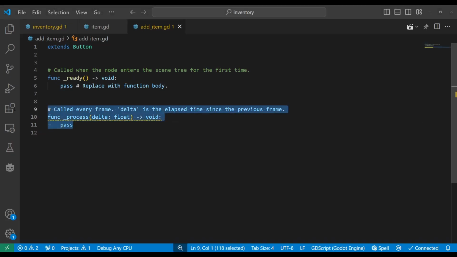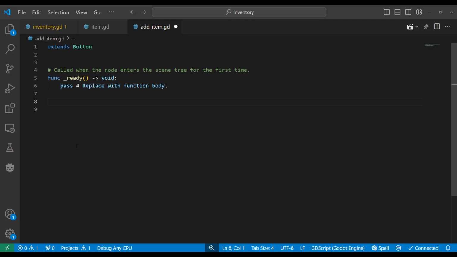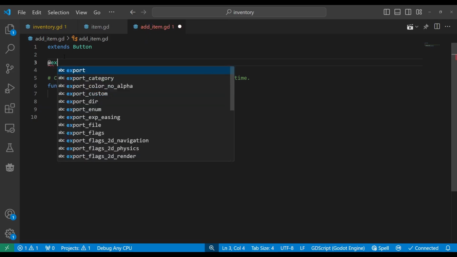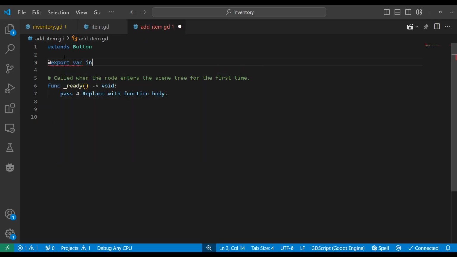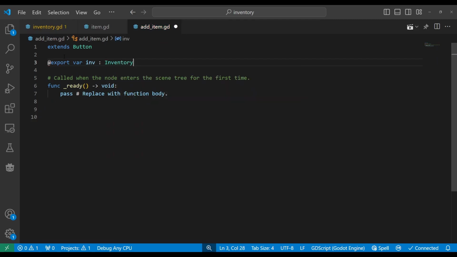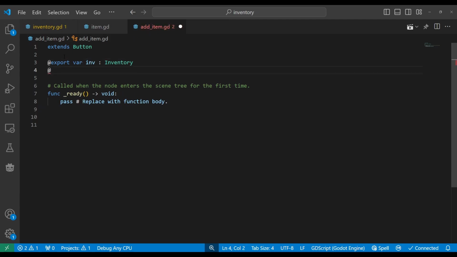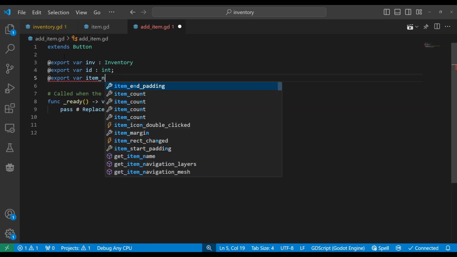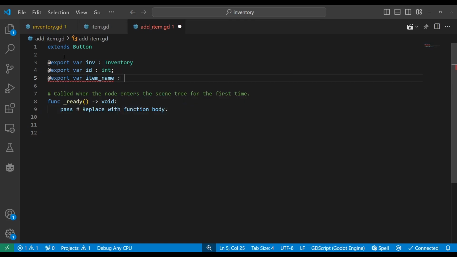Okay, let's just delete this process function. We don't need that. We're going to export a bunch of stuff here. So we're going to go export var inventory. And this is why I gave it a class name earlier, was to do this. This is just for testing. I know that's not how a lot of people do it in Godot, but you know what? It's just fast. So I'm going to go var ID int